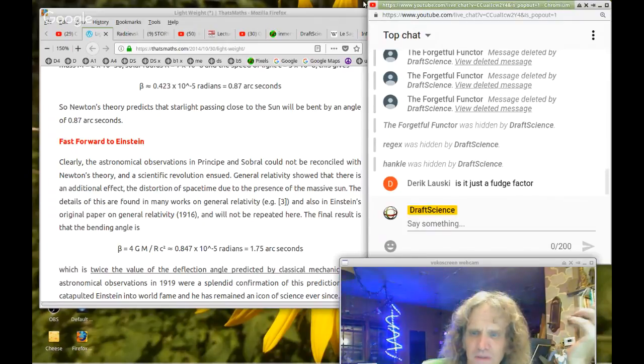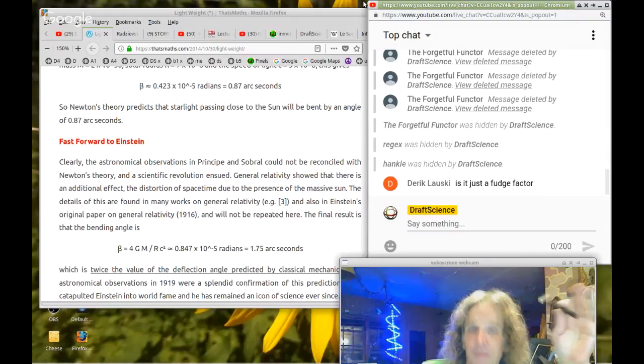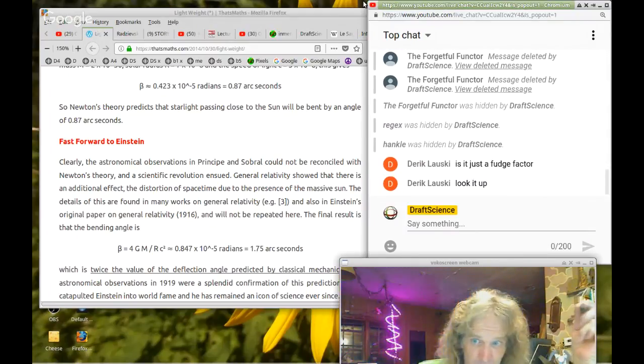It's just a fudge factor. What are you talking about? I mean, it's amazing. There is no explanation, in my opinion. I've seen no articulation of exactly why it is Einstein played this stupid game with bending photons. I don't see how it helps his formula in any way, whatever.